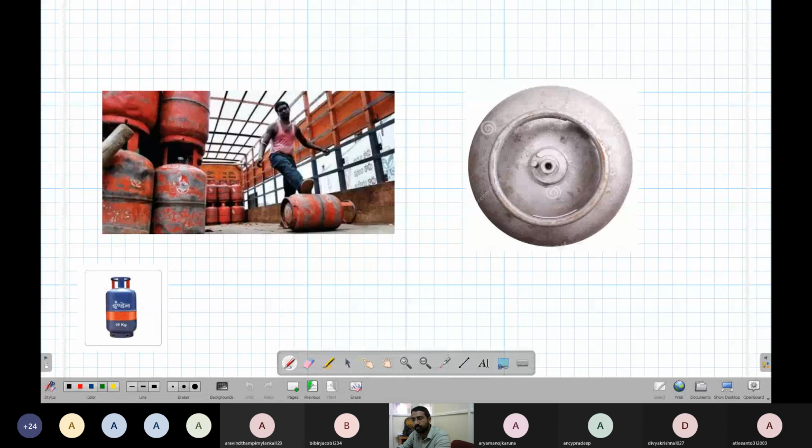What is the weight of an LPG cylinder that we have? Sir, 15 kilo. Any other answers? 14.5. Okay, 14.5 is the general weight of the cylinder. It's heavy. So the first thing we have to see is, let's say I have